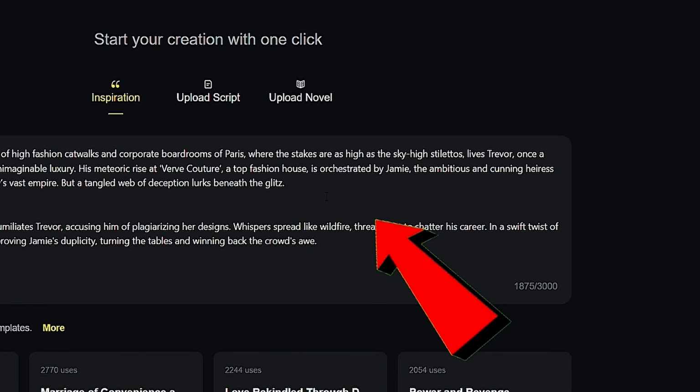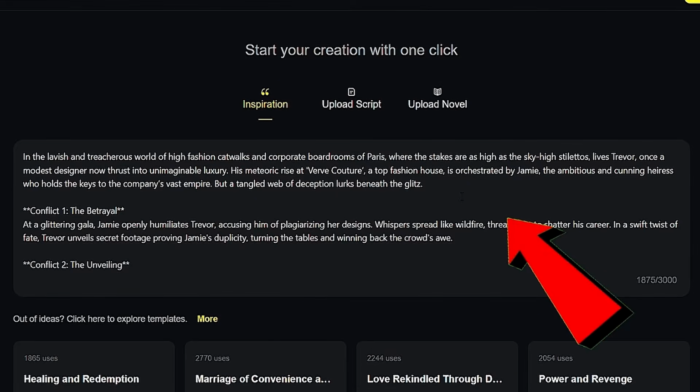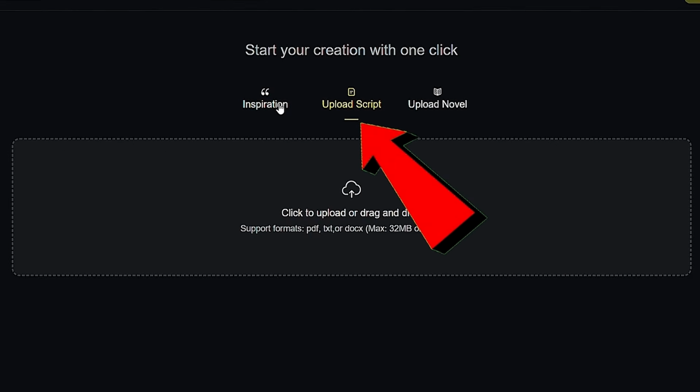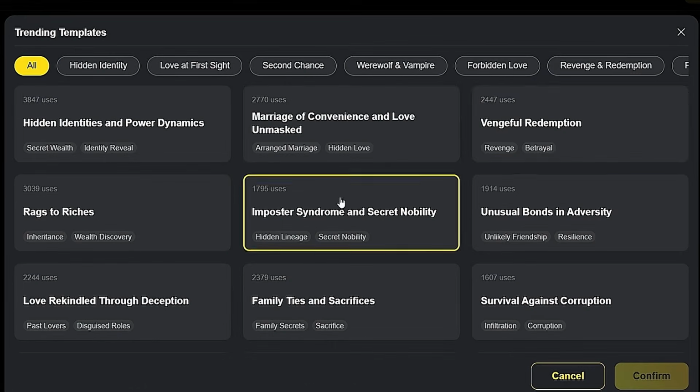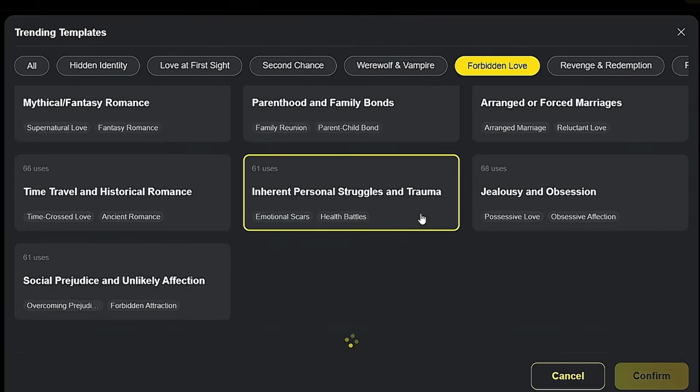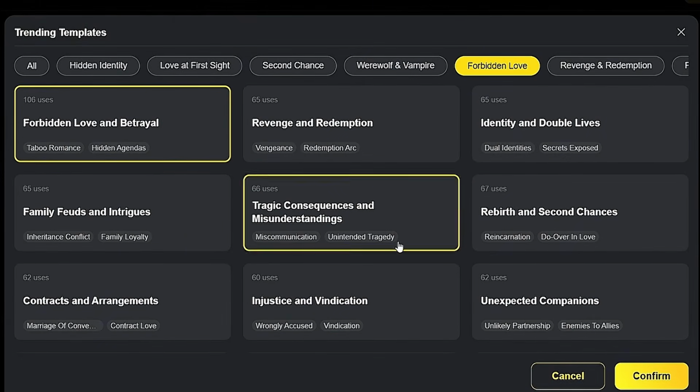To begin, we need a script idea to generate the drama. If you already have a script, you can upload it directly. If not, click on More to explore and choose from existing ideas. Since I don't have a script ready, I'm picking one from the available ideas to make things easier and click